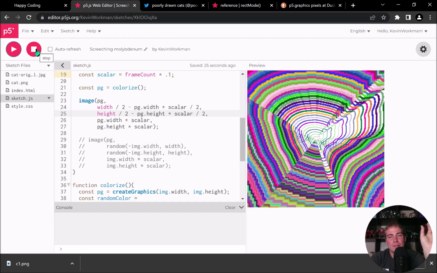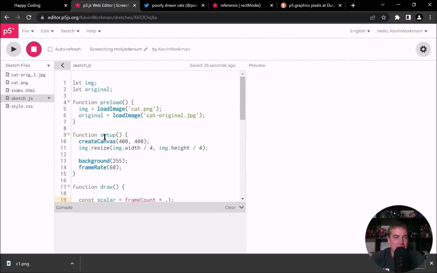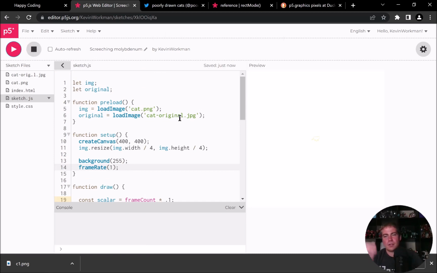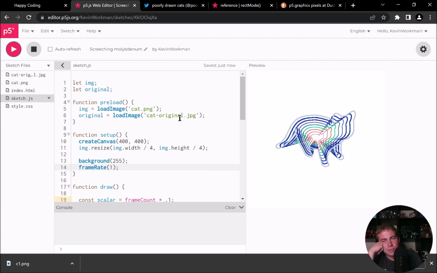Hey, let me think about this. Let me slow it down actually. Frame rate to like 1. Let's really think about what it's doing. So it's going to draw a teeny tiny cat, and the cat's going to get a little bit bigger over time. Okay. Now at some point, it's going to